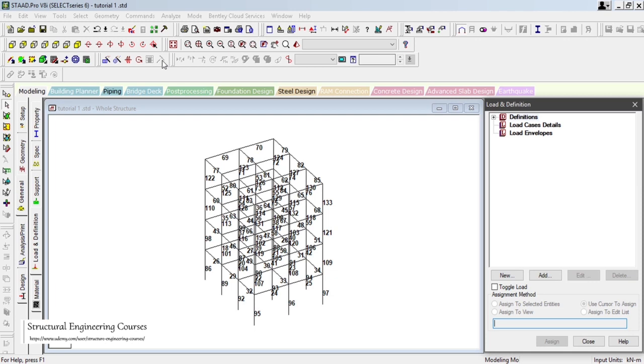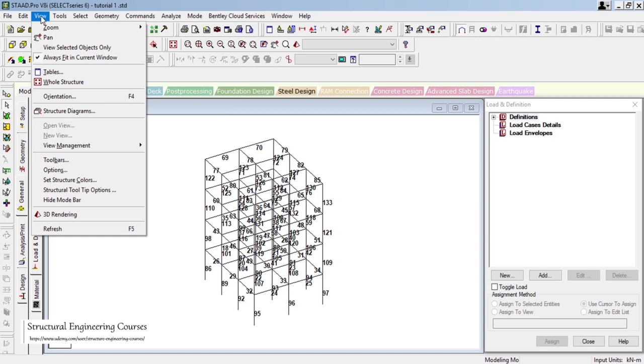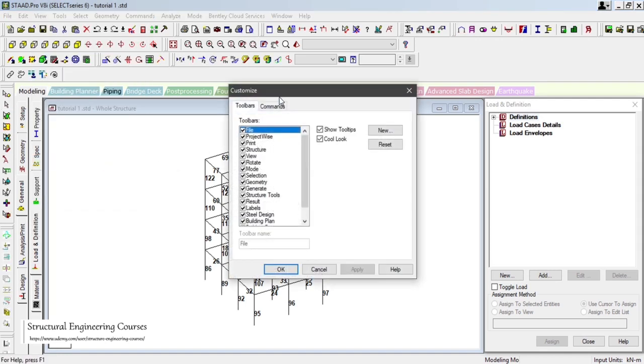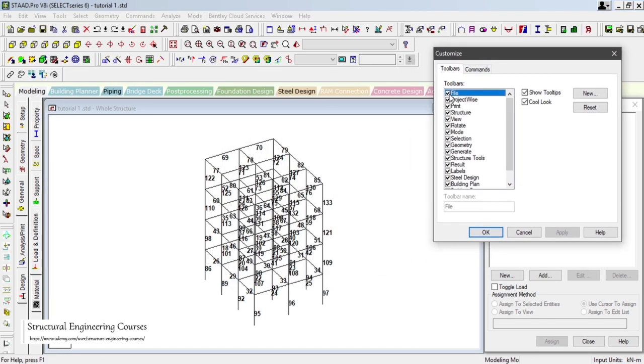But before that, I would like to add some points here. It might happen that you don't have the same toolbars available in your STAAD. So what we need to do here is left click on view and toolbars. So here you can see that, for example, this is the file toolbar, this is the project toolbar, this is the print toolbar, this is the structure toolbar, this is the view toolbar,